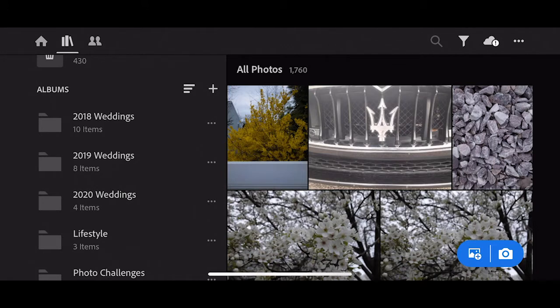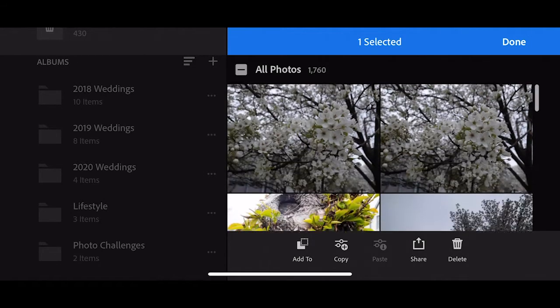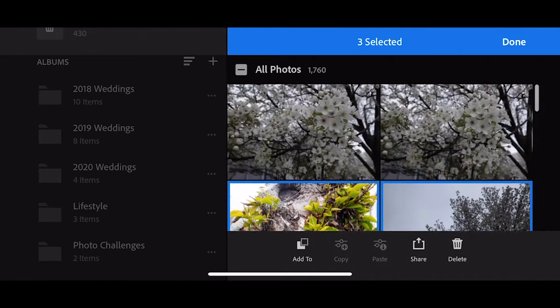If you tap and hold on a photo, it'll select it. So what I'm going to do is I'm going to go through here and I'm going to select photos from my walk around the neighborhood the other day, some trees,